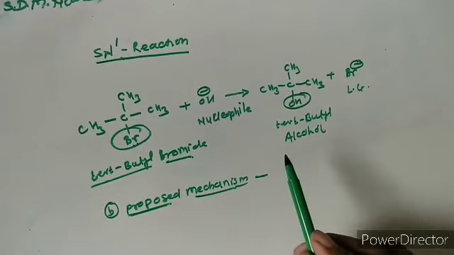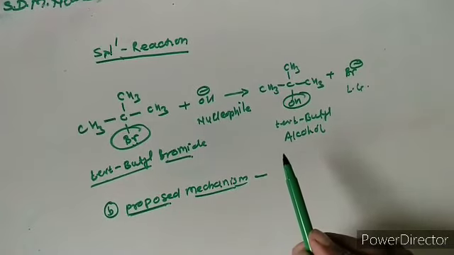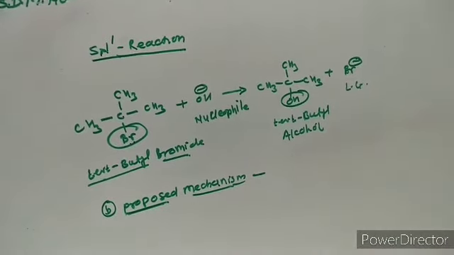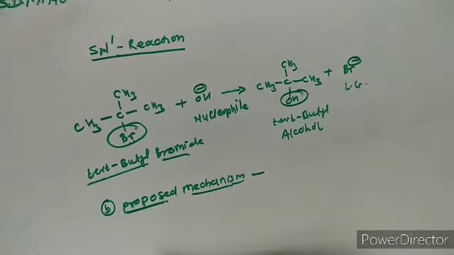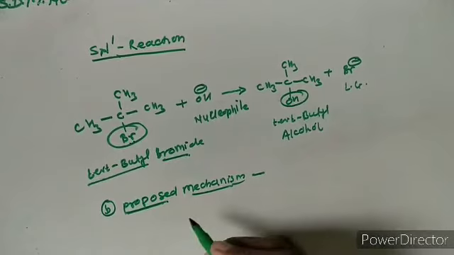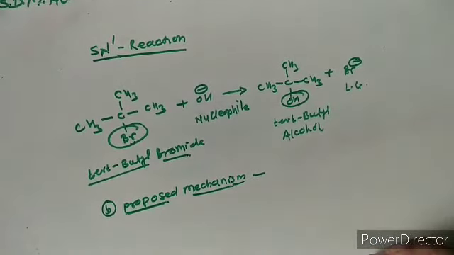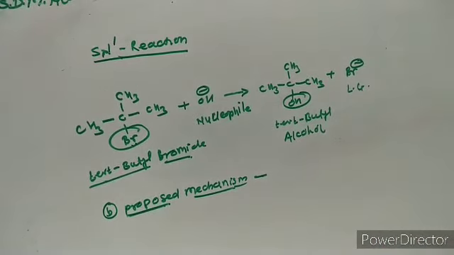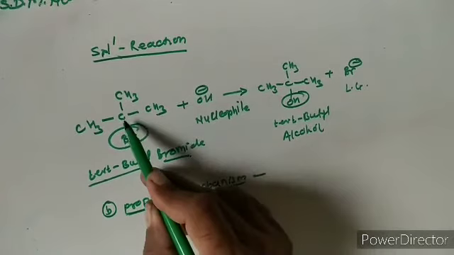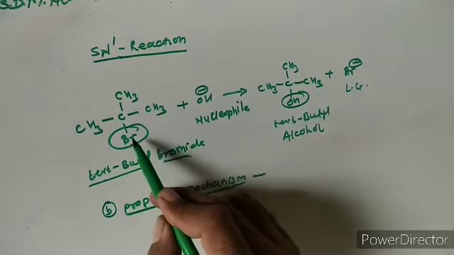After the slow step, there is formation of a carbonium ion, or carbocation. Since the slow step consists of only tertiary butyl bromide, the nucleophile OH attacks in the fast step. In the slow step, there is breaking of the carbon-halogen bond